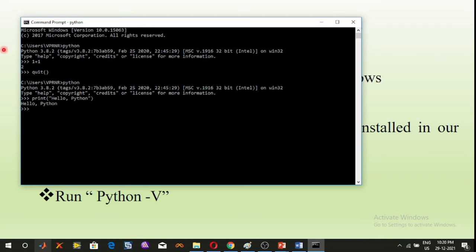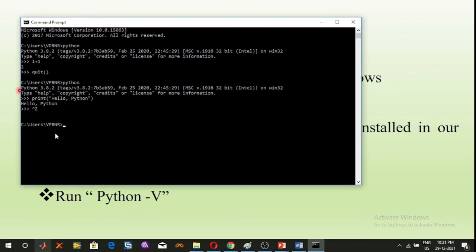So the answer is hello Python. To exit this mode, type Ctrl Z or quit, open the bracket and close the bracket. It will come back to the original mode, the previous mode.